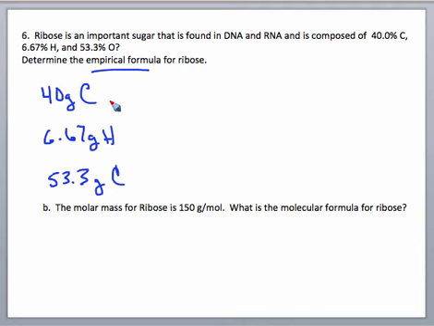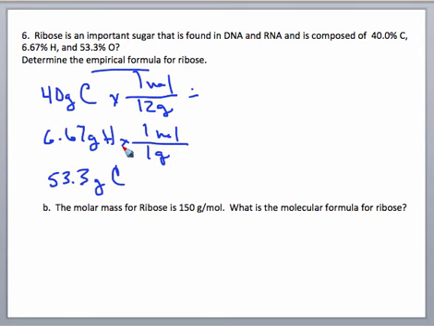So we want to convert these to moles. So the molar mass of carbon is 12 grams per mole. Molar mass of hydrogen is 1 gram per mole. Now don't treat hydrogen as a diatomic. It's part of a compound here, so we're going to figure out what its subscript is. Same thing with oxygen. We're going to use 16 grams per mole instead of the diatomic form 32. So when you do this math, you will get 3.3,